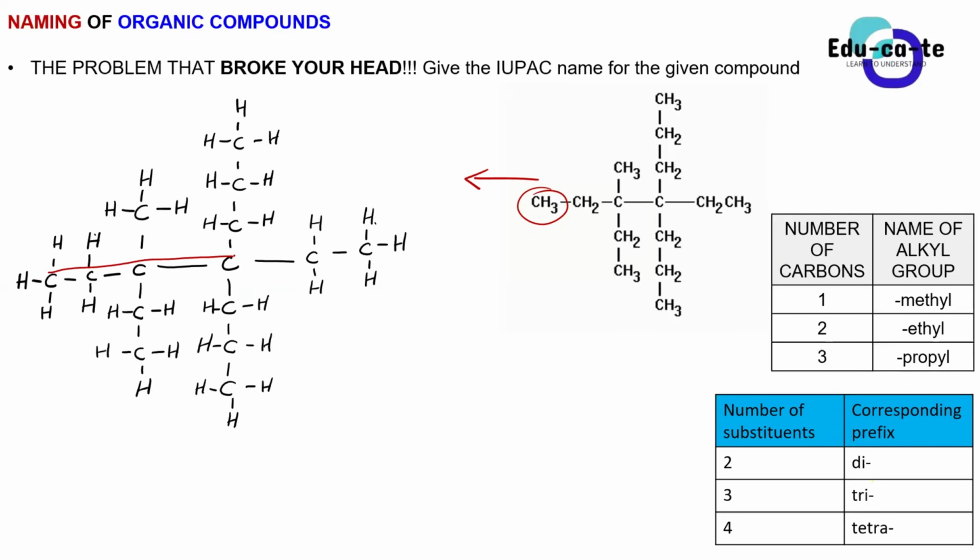But Shedrack also gave us another parent chain that is still having the same number of carbons, but the only difference is that when Shedrack got to carbon number 4, instead of going down like Orifa did, he went up to make his parent chain. He went up like this. Both of them are still correct because you still obtain an equal number of carbons in the parent chain on both of them. Do you see, guys, that all of them will yield us the same number of carbons, and in this case it is 7.